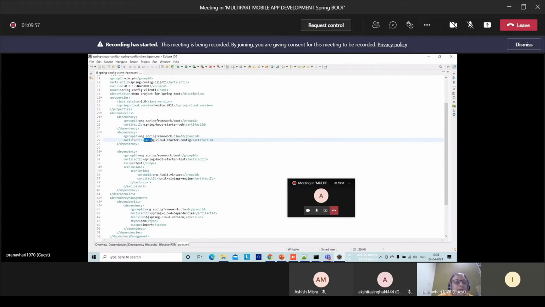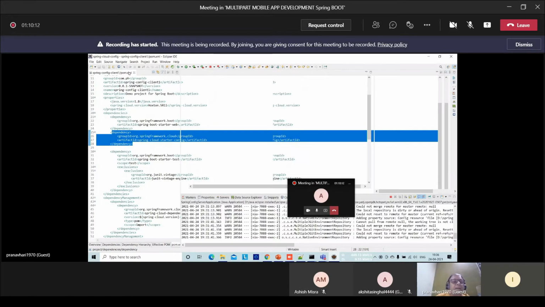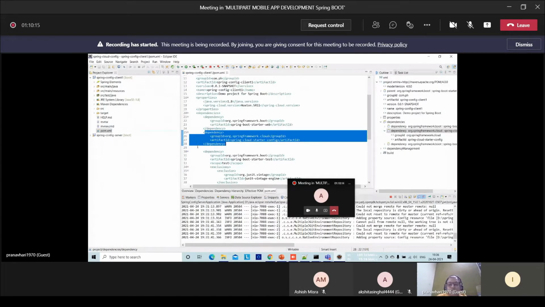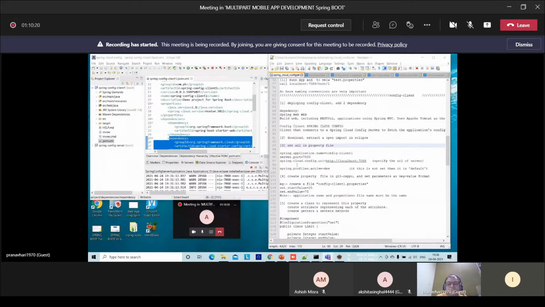Here we have Cloud Starter Config, and Web Starter is always there. Cloud Starter, this is for config clients. So that is what I had shown you in step 2. After that, we will download, extract, and import into Eclipse. That is what I have done here, and I am having this.